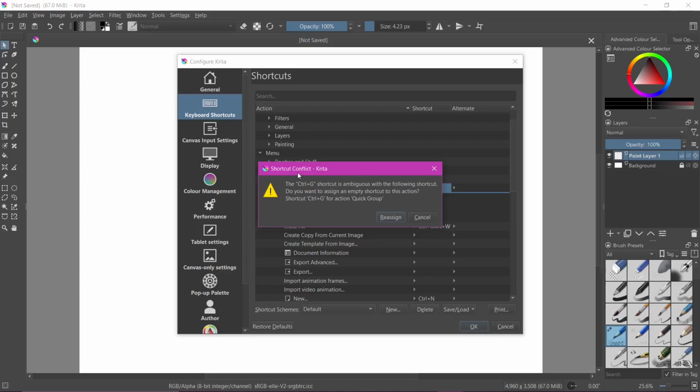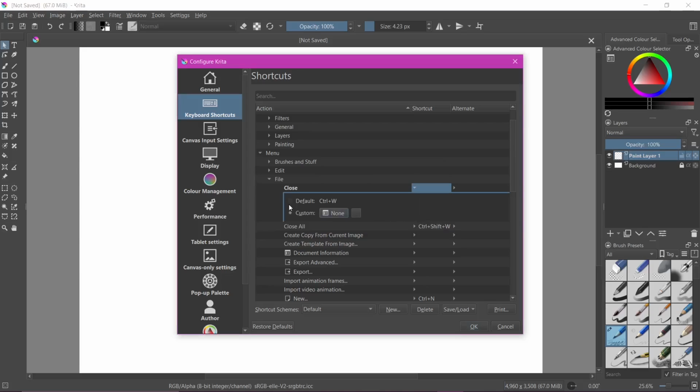We don't always get this notification. In this case, we did, saying that this shortcut is ambiguous with the following shortcut. Do you want to assign an empty shortcut to this action? If we want to agree, if we want to continue and reassign this shortcut, we will click right here on the Reassign button. In my personal opinion, I don't suggest modifying these shortcuts, especially not at the start